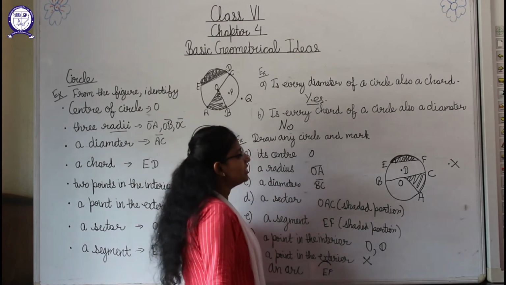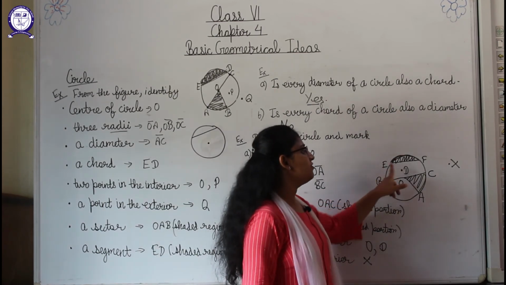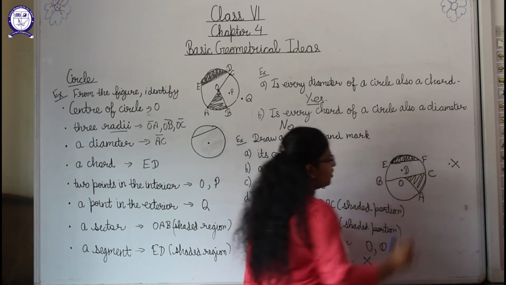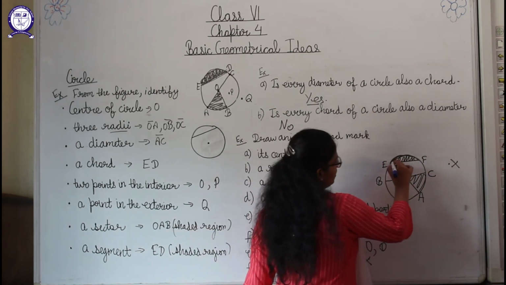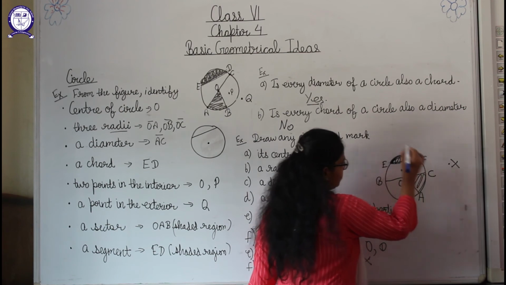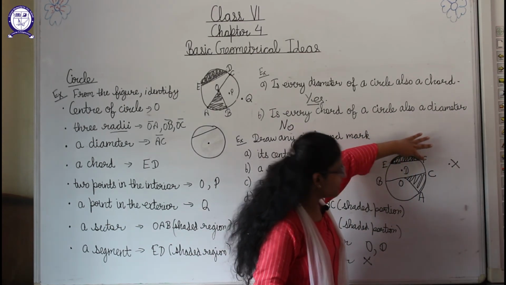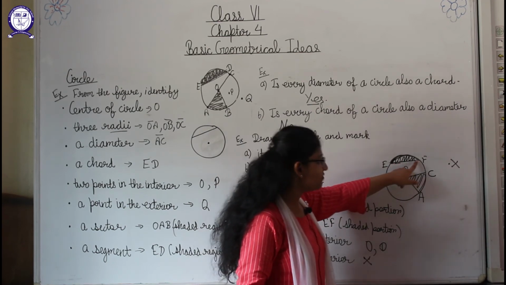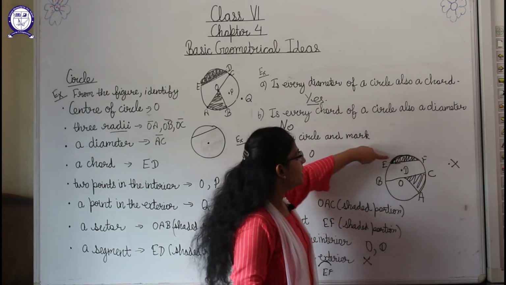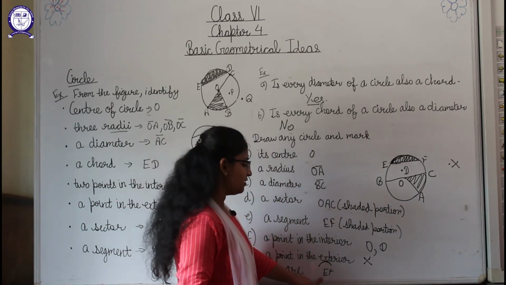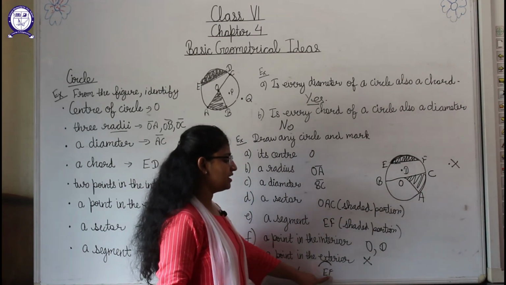Okay, don't get confused, students. If we are talking about this line EF, then it is a chord, and if we are talking about this arc, the boundary of the circle, then this is the arc EF. This is line EF, or we can say chord EF, and this is arc EF. So here for an arc, we have made the symbol of arc and then EF.